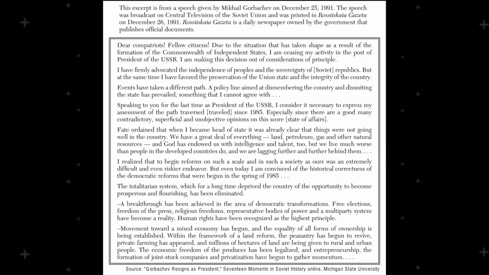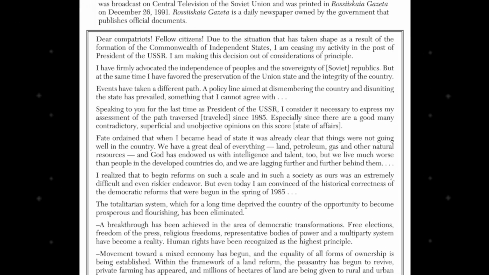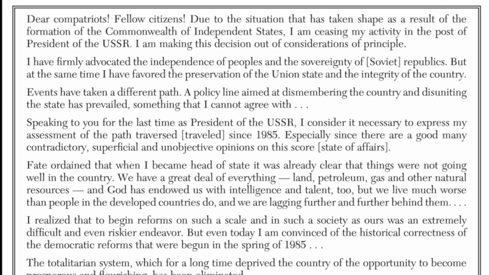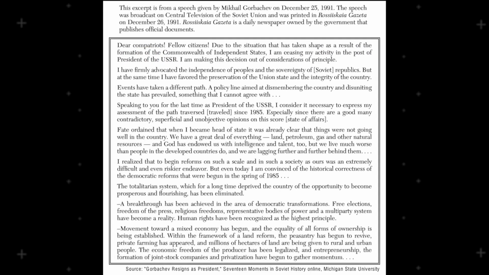Let's take a look at what jumped out at me when I read this document as pieces of information that might appeal to the Russian people. Early in the speech, Gorbachev mentions that he would be stepping down as president of the Soviet Union. You would think that there would be some negativity associated with a president resigning, but Gorbachev doesn't focus on the negative. Instead, he draws attention to the positive changes that have taken place since 1985, which may make potentially angry Russian people feel better about their current predicament.